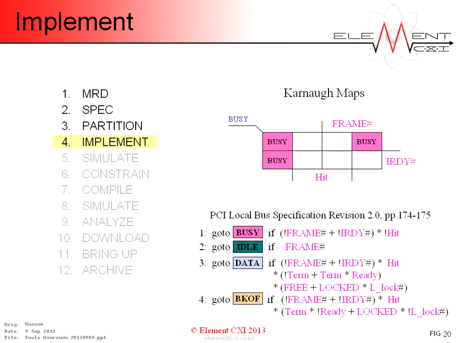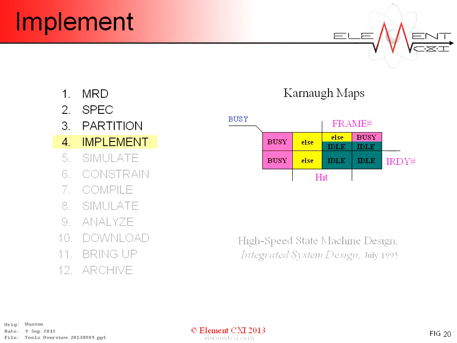But equation 2 specifies to go to idle if frame#, a clear conflict. Furthermore, equations 3 and 4 specify where to go when hit is true, and not frame# or not iReady#. Another clear conflict. Integrated Systems Design published my detailed analysis of this PCI spec error, along with additional map manipulation